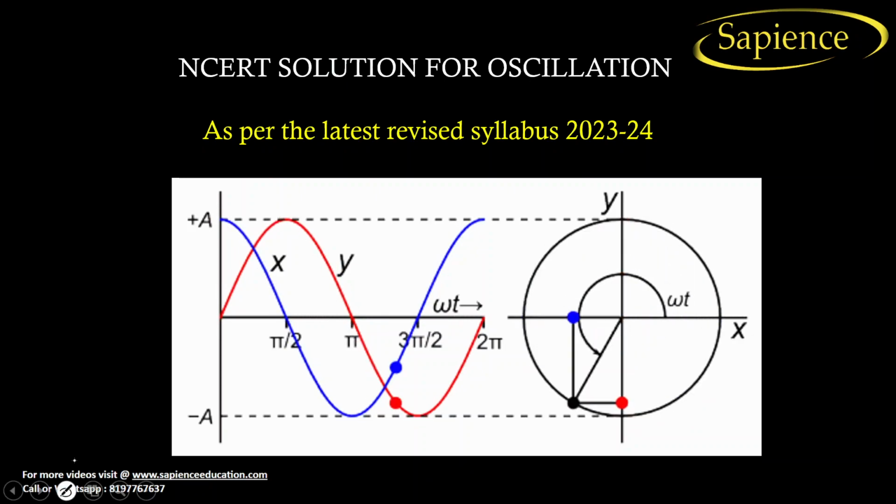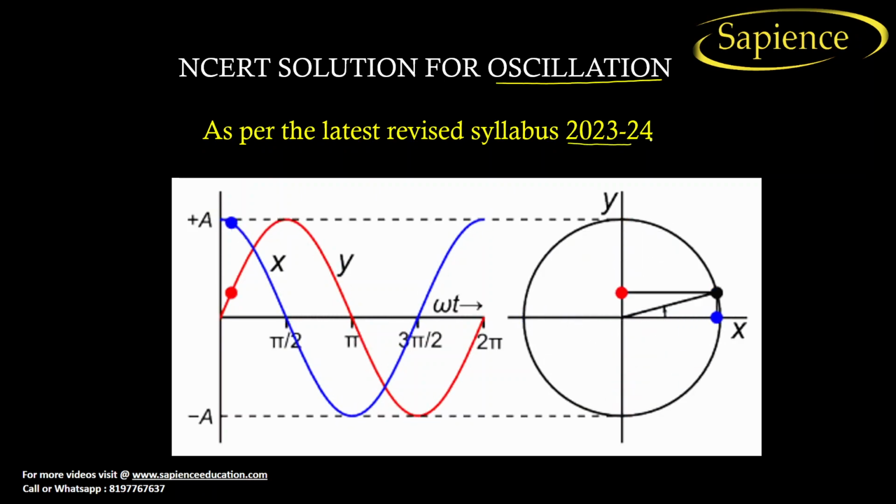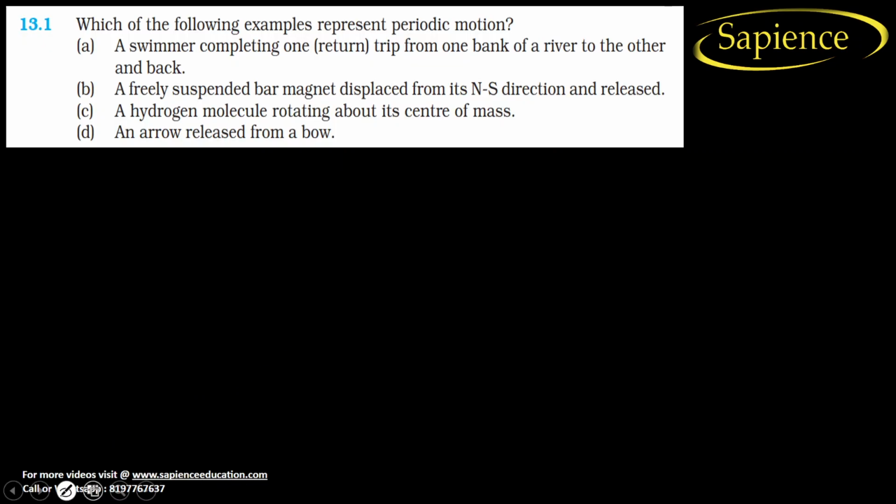So today I am going to discuss the NCERT solution for the oscillation chapter. We will discuss each and every numerical. These numericals are done as per the latest guide of 2023 as well as 2024. Now the question number first is,